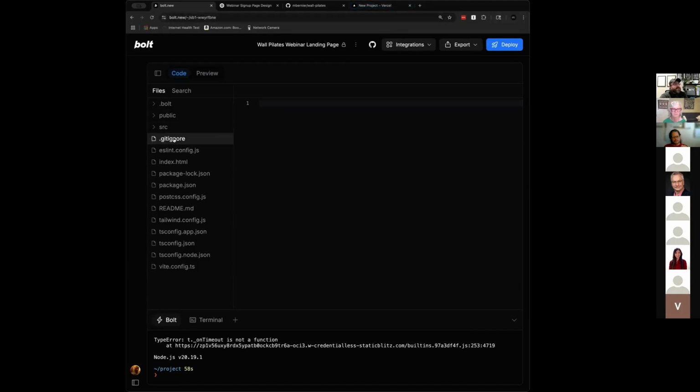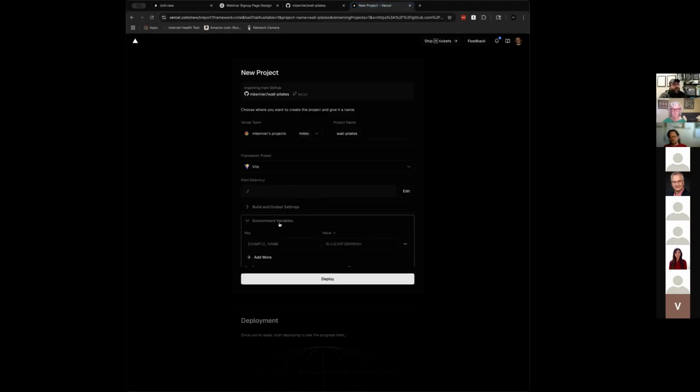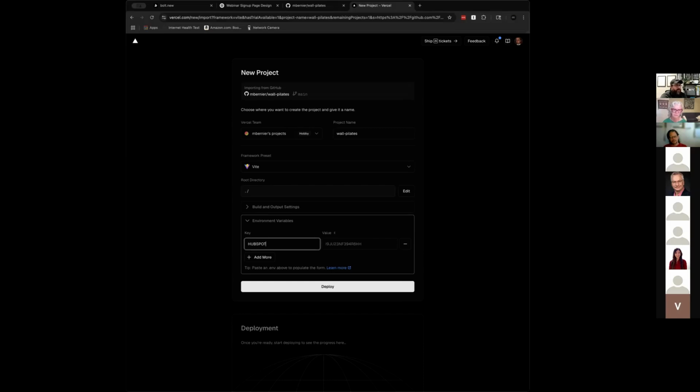Sometimes you might have an env file. If you have a file called .env, that's called an environment file. These are secrets that you're going to put on your server. So when we go to do the HubSpot integration and say, hey, make sure this data goes over to HubSpot, it will reach out, get the HubSpot docs, do that integration for you, and then create a .env file and tell you where to put your API key for HubSpot.